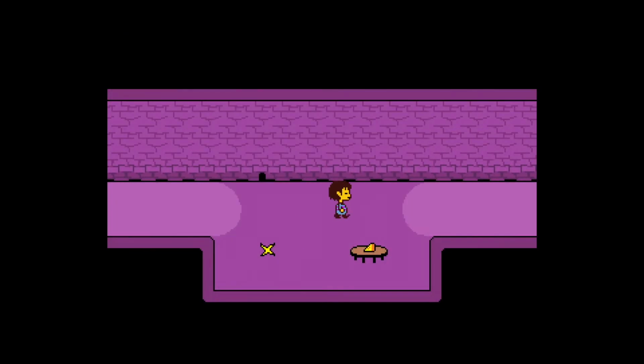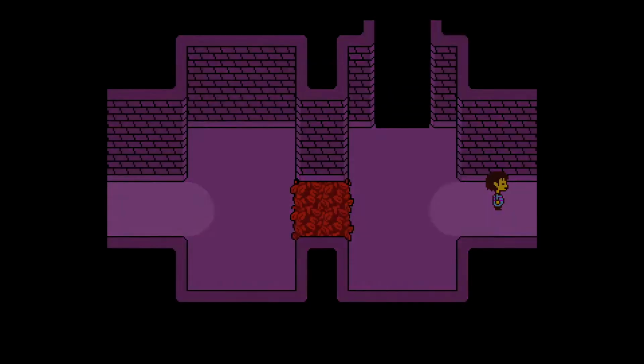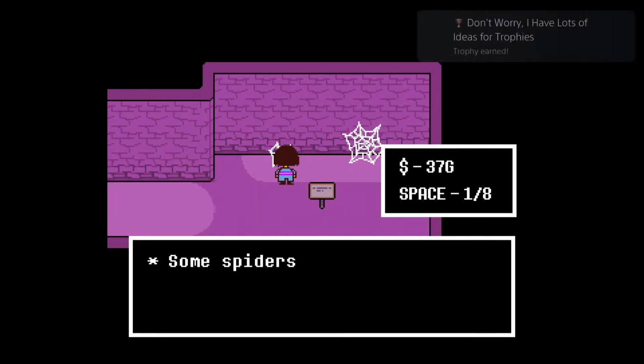Once you've done that, come back in here, save your game, and then head to the right. You see that ghost in the middle? If it doesn't disappear, that's because you've not killed enough enemies. And then come in this room, interact with the web on the left, pay 7 gold